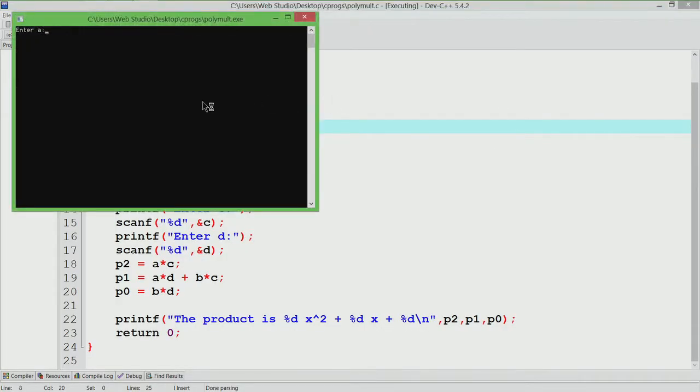So, I expect integers a, b, c and d to be given integral values. What if I violate that? So, what I am going to do is I am going to take 2 polynomials 1.5x plus 1 and multiply it with 1.5x plus 1 itself. So, I will try 1.5 and right away I have some result here which says the product is something.